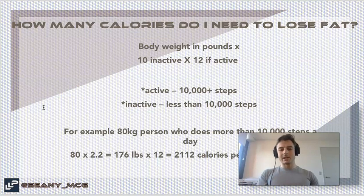A lot of people look at these calculators and they're not sure if that's the number they need to eat or they need to take calories off that. If we eat to that number without going over, obviously, we will lose fat. Okay. Now, the number at the start that we get is kind of just a guesstimate number. So what I would do with someone is I would get,